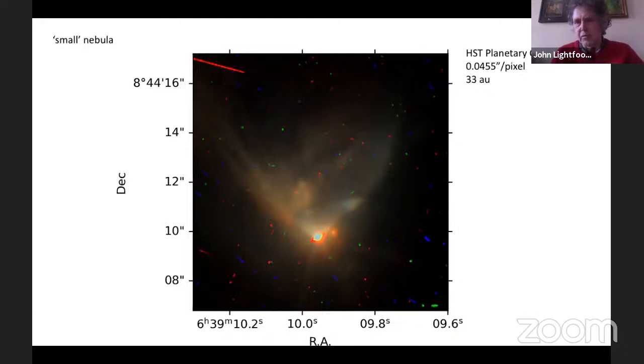But I think it shows the great value of this. You can tell an awful lot more with spectroscopy, and if people believe that there is a simple, very smooth screen above the star, then you effectively get a view into the star from a variety of angles, and spectroscopy will be able to tell you what's happening at different angles in the system.